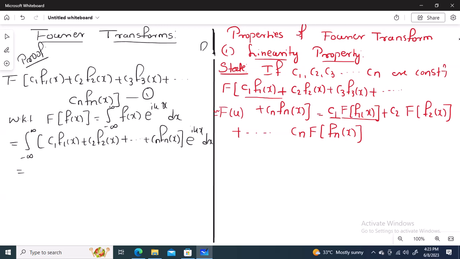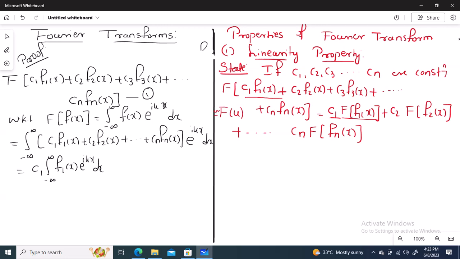Then we know in integration, if any constants are there, we cannot integrate the constant. We will integrate only the function. So I'll write c1 outside, integral minus infinity to plus infinity f1 of x e power iux dx, because this e power iux is multiplied for all the terms,